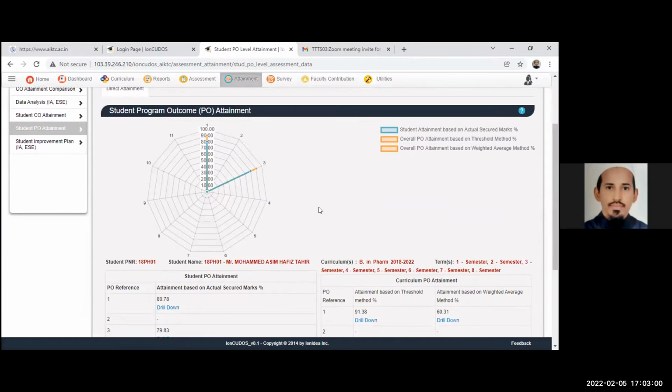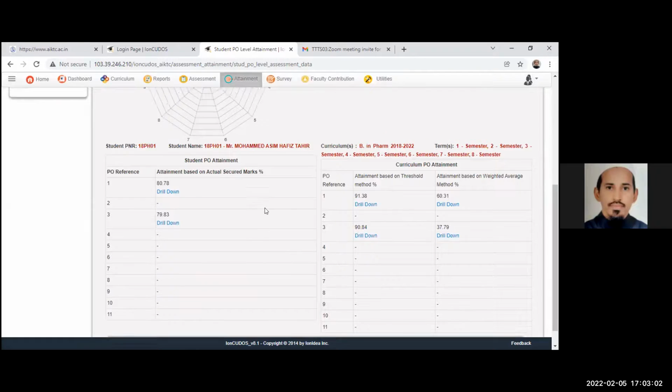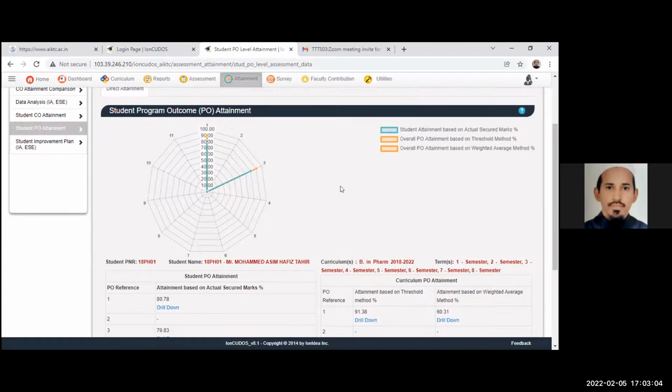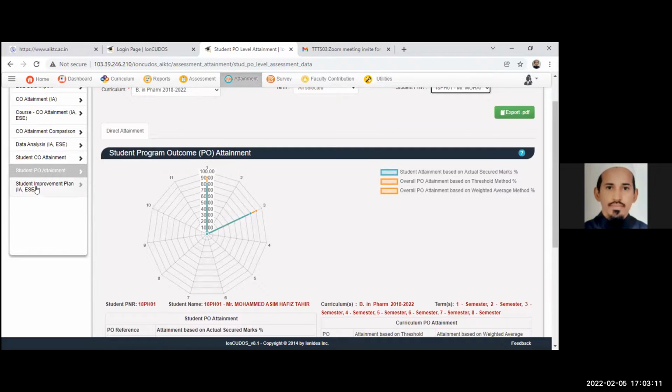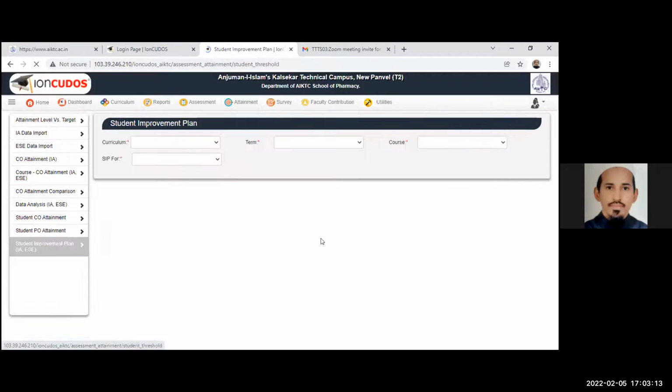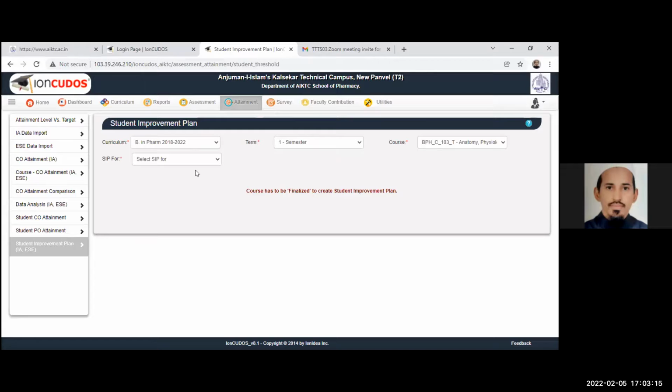See, this is PO attainment. Okay, so you will get a clear idea of this after the calculation part is over. So you will get a clear idea how these numbers are coming, 80%, 20%. Okay, then student improvement plan. So this you can also complete with the help of IonCUDOS.